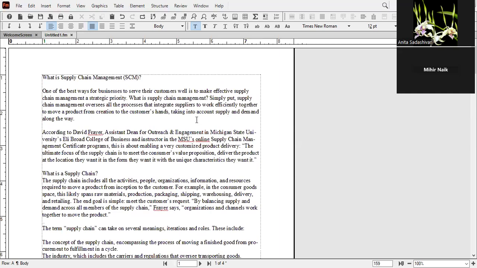So here I have 4 pages. You can see 1 of 4 at the bottom here. It says that there are 4 pages in this document. So now what I'm going to do is